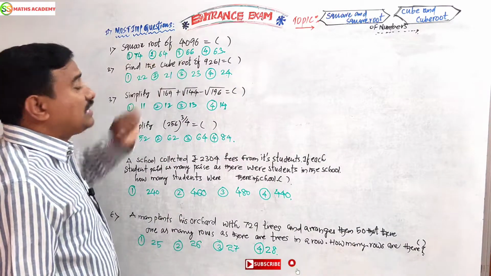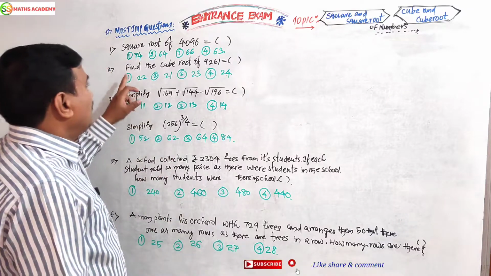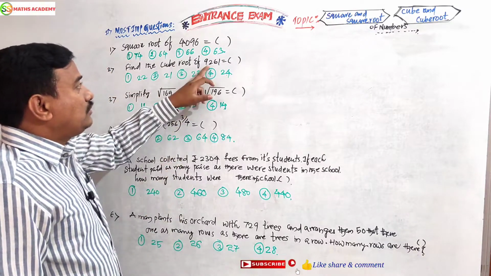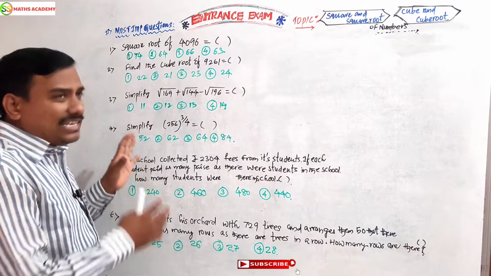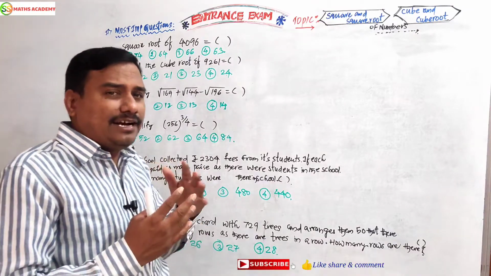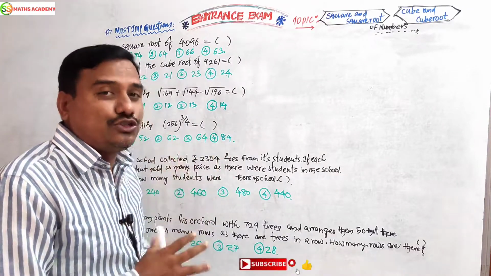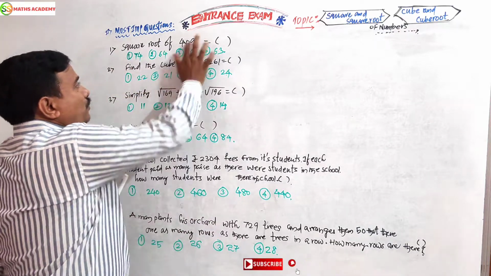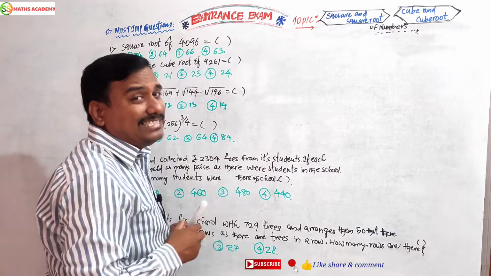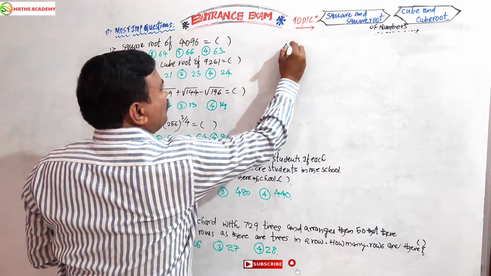Square root of 4096. I told you, no? Right. The cube root of 9261. Questions like these are coming. If you know the idea, fine; otherwise I will tell you the technique you should follow. For 4096, do you know the mantra? The LCM mantra? Yes, you do that.